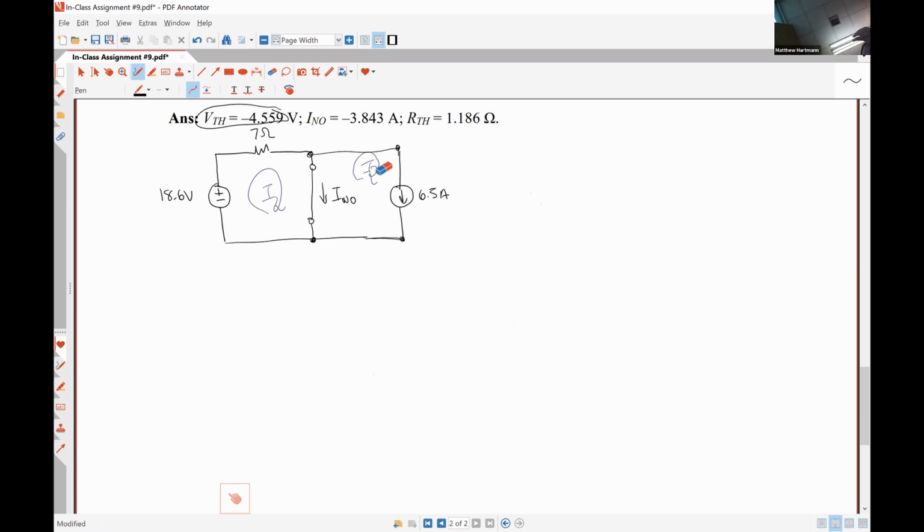Now, is mesh analysis appropriate here still? Absolutely. But there is a slightly easier way to figure things out as well. Well, I don't know if it's any easier, but I would say it's of equal difficulty. And so what I would suggest here is effectively superposition. You're going to get the exact same result as mesh. But if we use superposition,